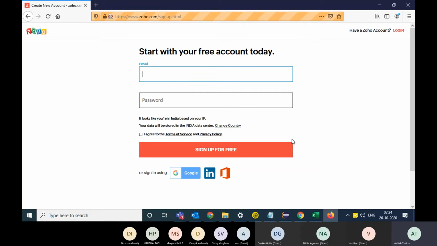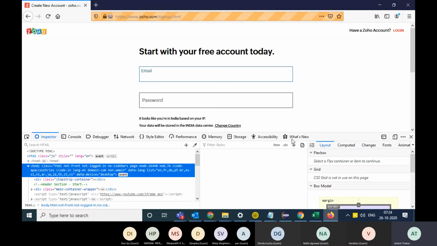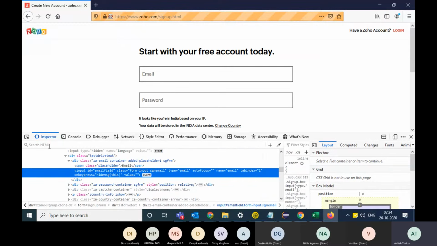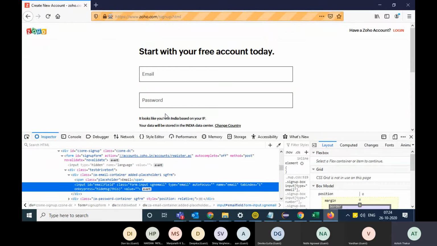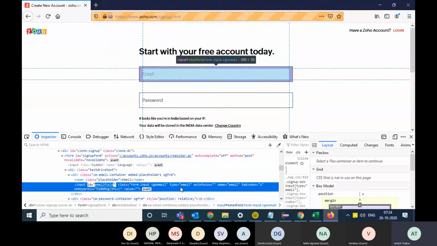If I inspect the element on Mozilla, you will have the same kind of a window. There is a slight difference, and you can click on this arrow, move over to the element and you will have the same element and same ID and same type attribute, name attribute.